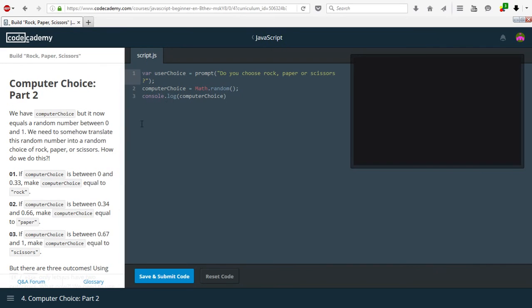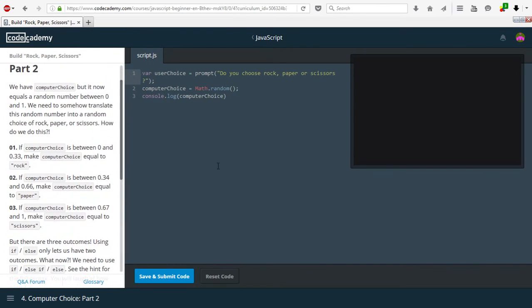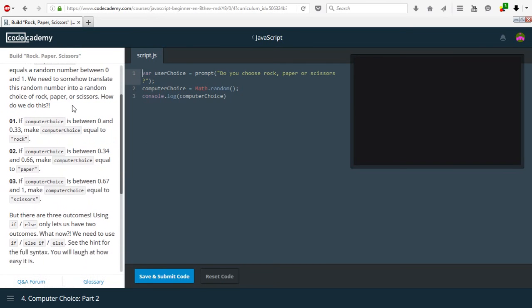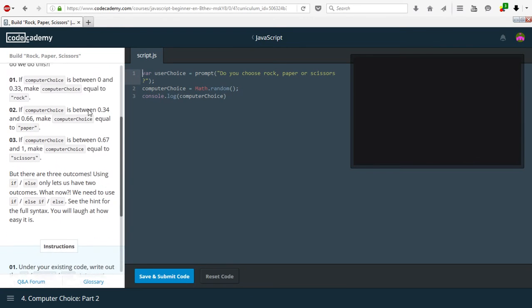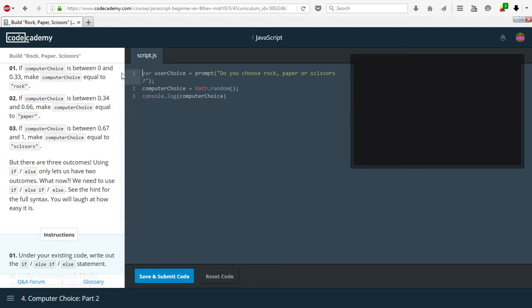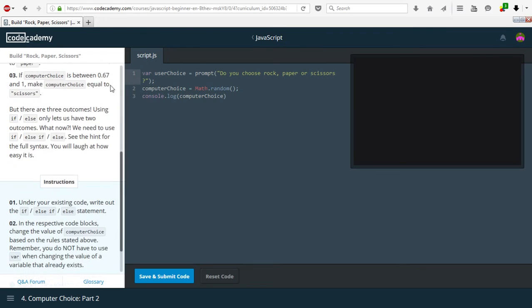So, part 2. We have computerChoice, but it now equals a random number between 0 and 1. We need to somehow translate this number into a random choice of rock, paper, or scissors. So how can we do this? If computerChoice is between 0 and 0.33, make computerChoice equal to rock. If it's between 0.34 and 0.66, make computerChoice equal to paper. And otherwise, or if it's between 0.67 and 1, make computerChoice equal to scissors. But if